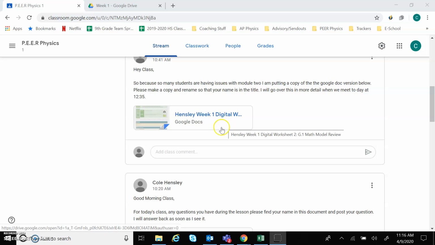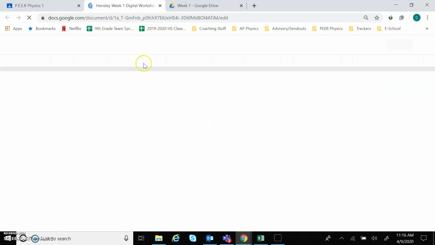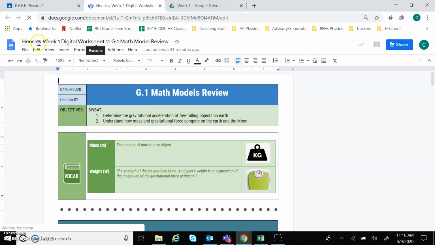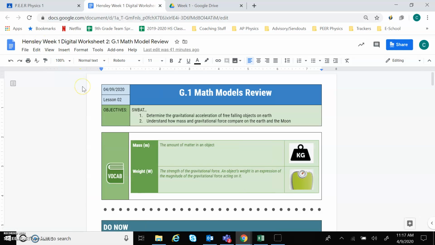So first off, if you're still having trouble editing after watching the video yesterday, it seems to only be working for about 85 to 90% of the students. If you fall into that category where you are unable to edit it, please click this link here, and this is going to open up a Google Doc. Now, look up here and notice that this says Hensley. So this is my copy of this. In order for you to have your own copy, you're going to have to go up here to